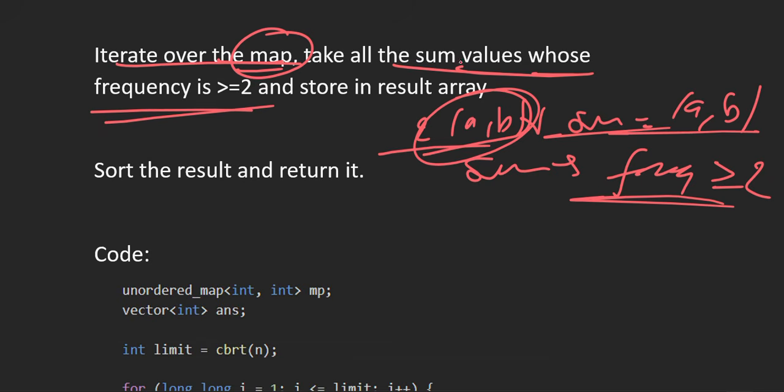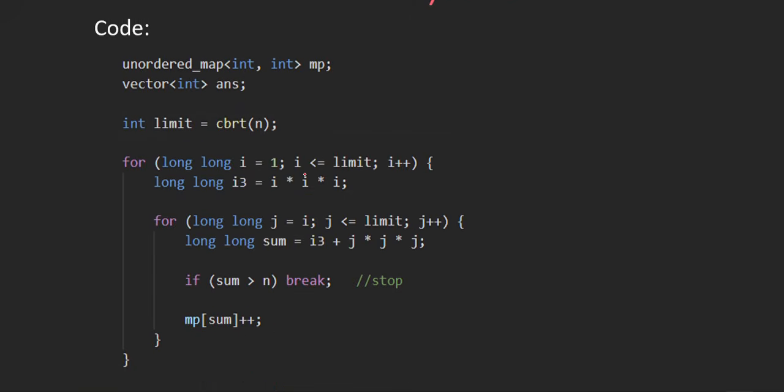So we take all the sums whose frequency is greater than or equal to 2 and store them in a result array. We are also asked to return the result in ascending order, so we sort the result and return it. So let's move to the code part.